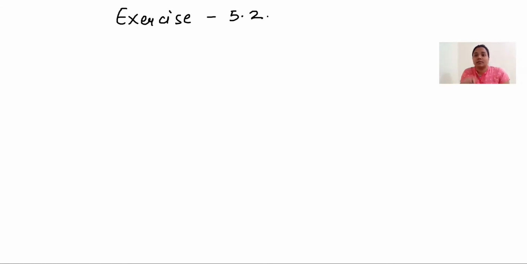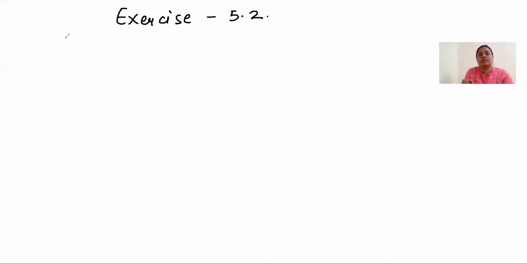Suppose I have to find the seventh term of the AP. If we do it like in 5.1, we'll have to first find the second term, then the third, then the fourth, then the fifth, then the sixth, and then we can find the seventh term by adding the common difference to the previous term. But suppose we have to find the 100th term or the 500th term, any term, how can we find that? Let's first check how this formula actually works. First we will check that, and then I'll give you one formula to find that.